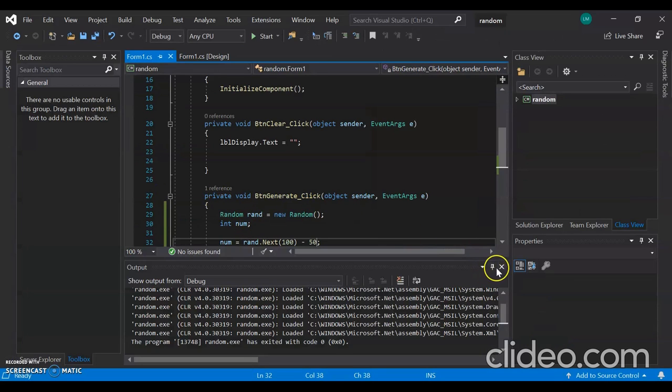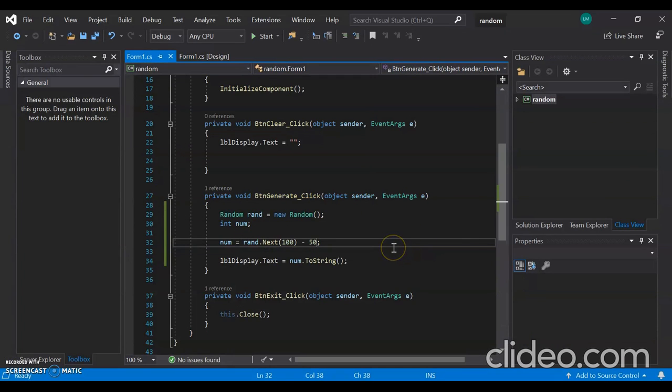So basically, by just changing the numbers you put in the parentheses and the plus or the minus and the number that comes after, you can customize the range that you're going to work with at will. Now, that's all for the Next method. Now, what if you wanted to use NextDouble? NextDouble is similar to the Next method, but the only difference is